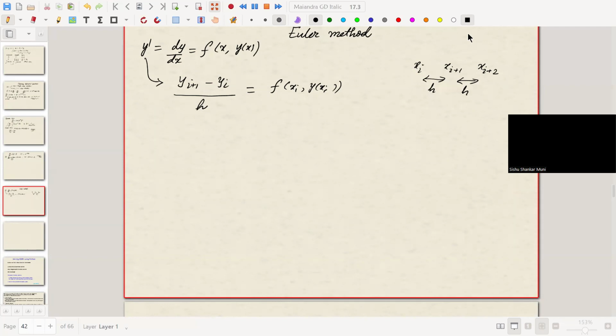The first time I am devising this method for you. So yes, this is an order h error, right? Now you see why our aim is to find yi plus 1, isn't it? Given yi, as I told. So yi plus 1 equals yi plus h times f of xi, yi, plus order of